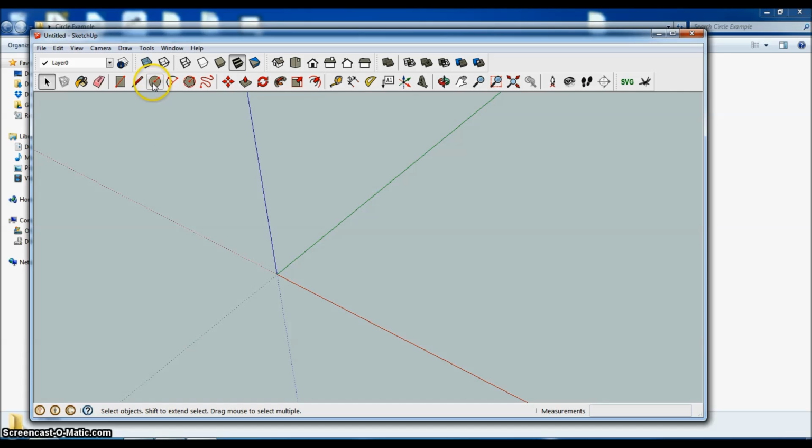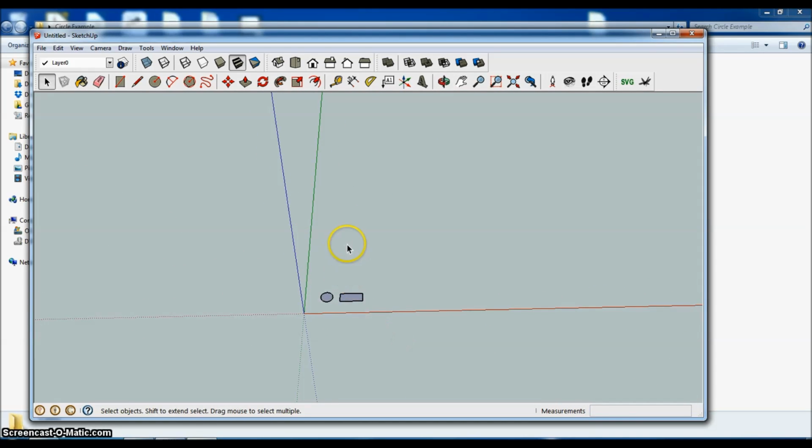So what we're going to do is I'm going to draw a circle, and I'm going to type in, if you look at the bottom corner, it says radius at the bottom right. I'm going to type in 2 inches. The default for this template that I'm using here is in millimeters, but I'm going to use inches. And then I'm going to draw a little rectangle as well, like that. So I have a circle and a rectangle, and I can move around using the mouse buttons and